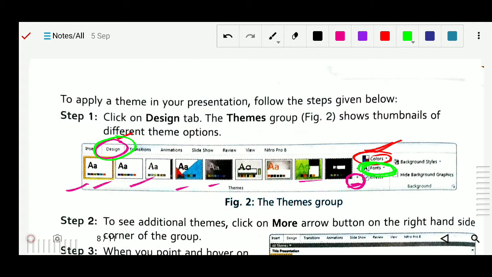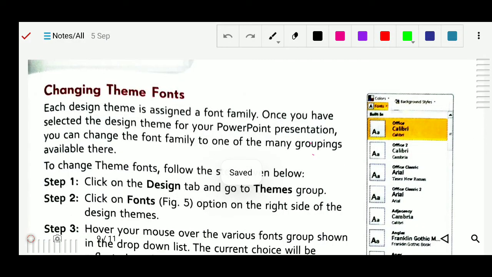There is an arrow, from there you can select. First of all we have to click on the design tab, then go to the theme group, and there you can see the font. Click on the font option on the right side of the design themes.